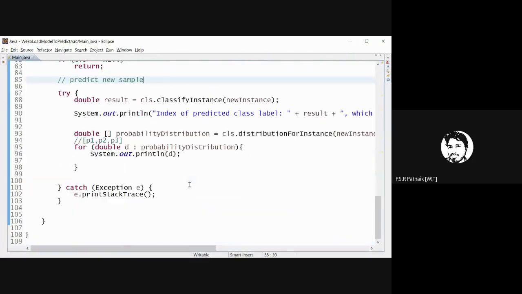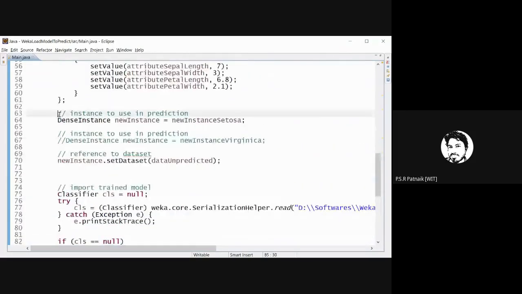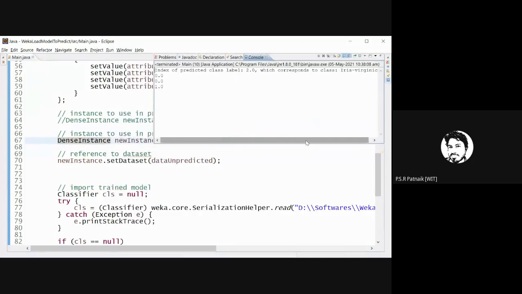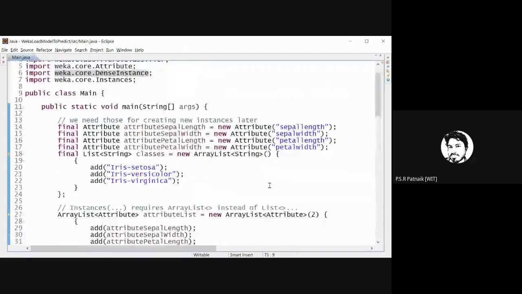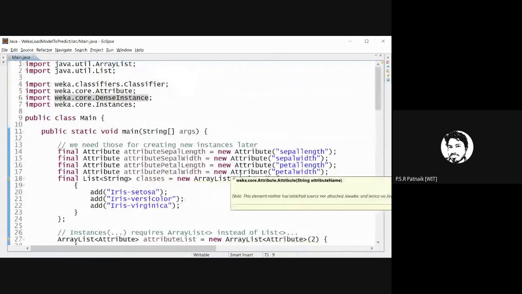Okay, so now let me try it with another type of instance. Now it has to output the Virginica class. So go to run and run. Okay, did it predict Virginica? Yes. And with what probability is it predicted? It is almost perfectly predicted with 1. Are you getting this? Okay. So I hope you understood how this works. Now I'll be putting this program on a GitHub repository. Go through this and make sure you understand how you want to work on that.